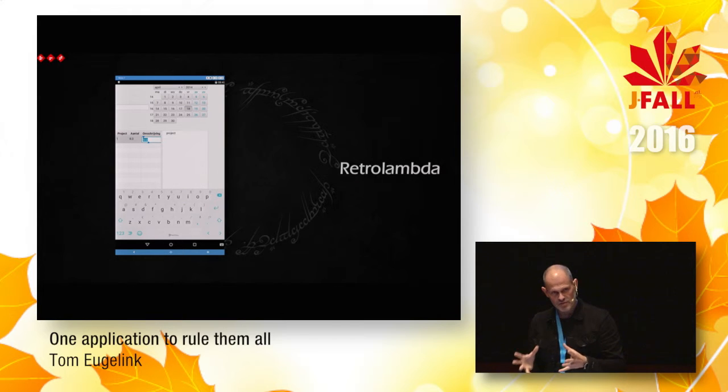So JavaFX itself is not present on Android. What JavaFXPorts does is it rips it out of the runtime jar, retrolambda's it, and then includes it in the application and pushes it out. And the JavaFX team at Oracle has agreed not to use the Streams API because that can't be retrolambda'd. Okay, so